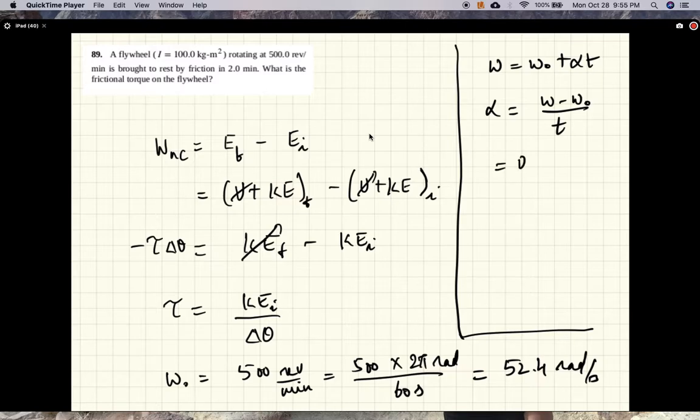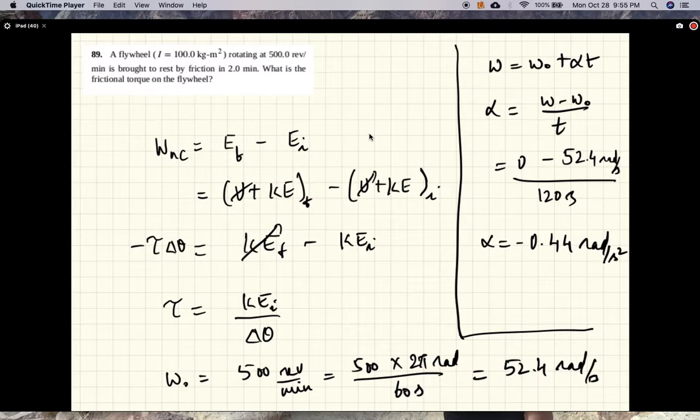So final velocity is 0, initial velocity is 52.4 radians per second, and the wheel was stopped in 120 seconds. So alpha is equal to